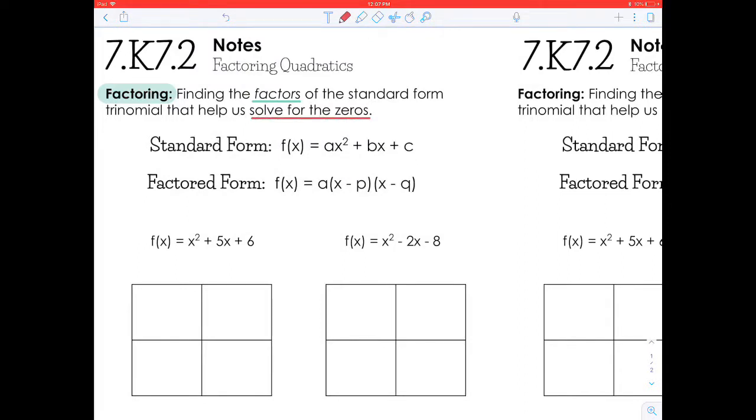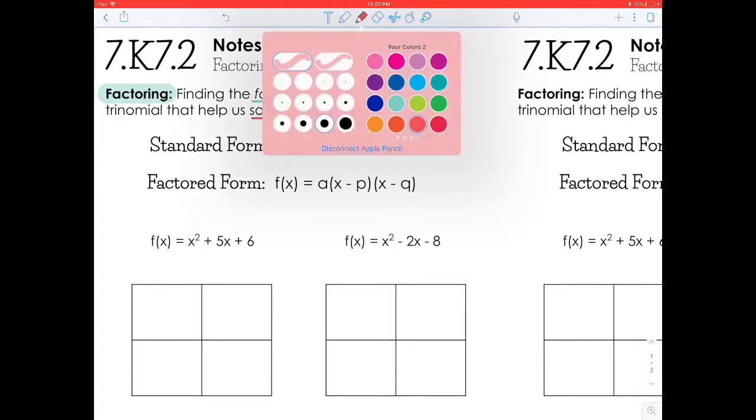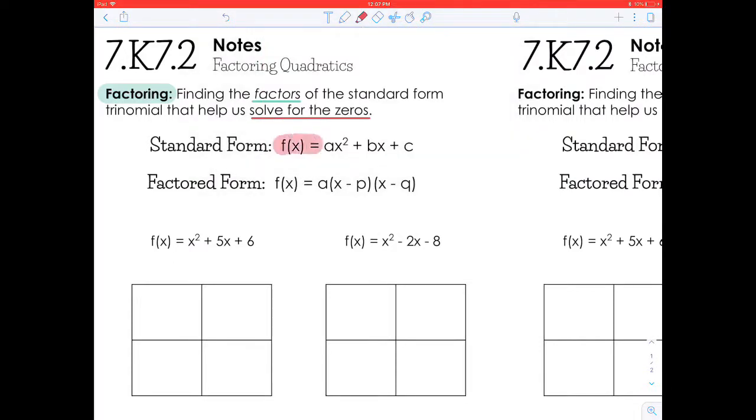Okay, so remember our standard form of quadratic functions right here is a trinomial. Right here, ax squared plus bx plus c. So it has three terms, that makes it a trinomial. And so if you remember from multiplying polynomials,